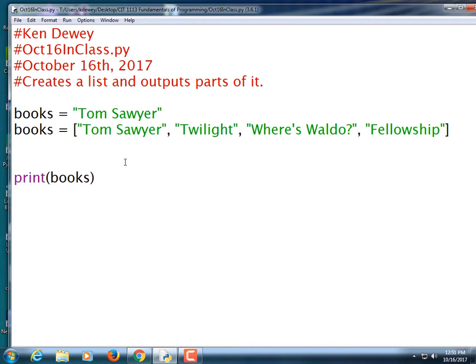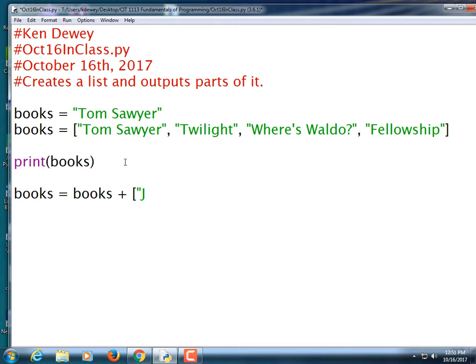Now let's move them up. We know that part's working. Let's do this again. Books equals books plus Jaws, Misery. Those are the books I read. Actually, I didn't read Jaws. So what did this do now? It's added it onto the end. So if I run this again,